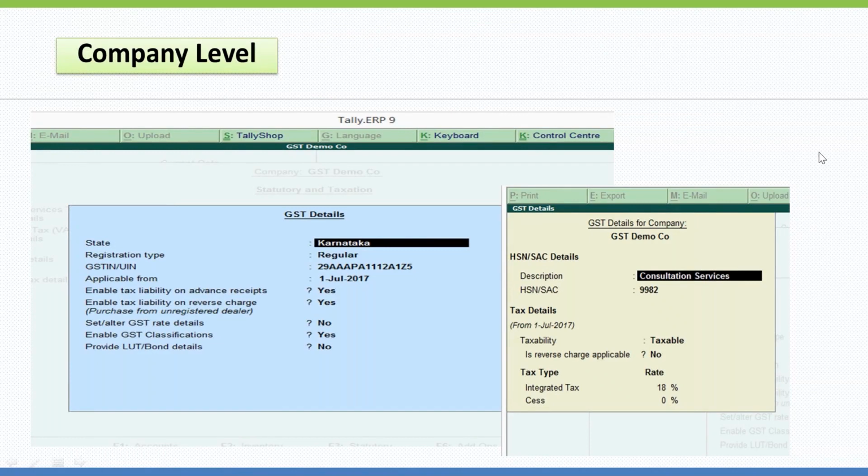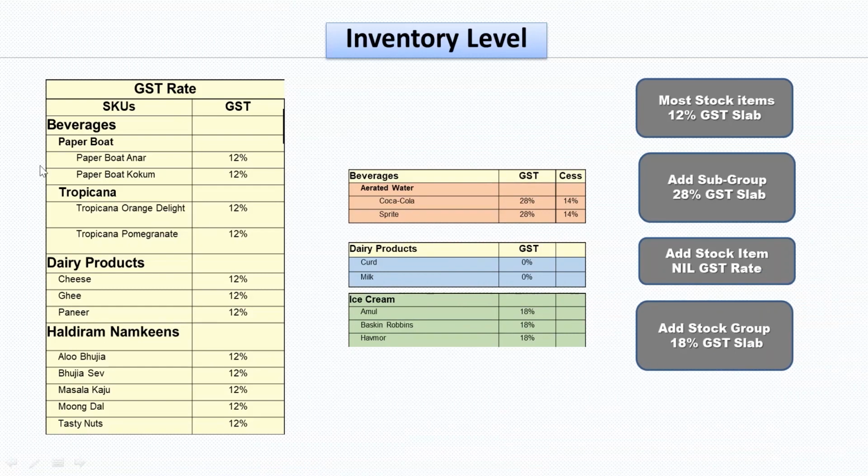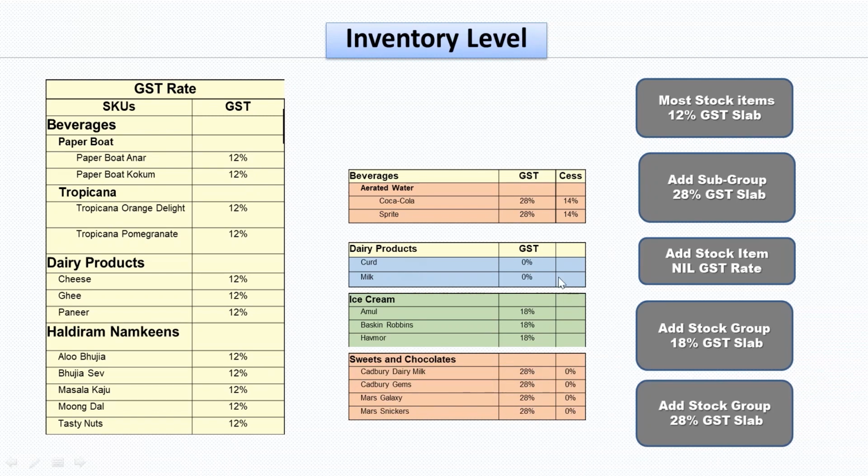A picture, as I said, if I want to use this 18% at the company level itself, I can configure it right over there. Coming to this inventory level configuration, as I said, if you look at the SKUs here, there is this paper boat, where the group itself is at 12%. So whatever is added under this group will automatically get selected as 12%. But let's say in a group, partly there is a separate rate, and there's a 12% and 5% rate. I can again go ahead and configure at item level and use the respective rates.